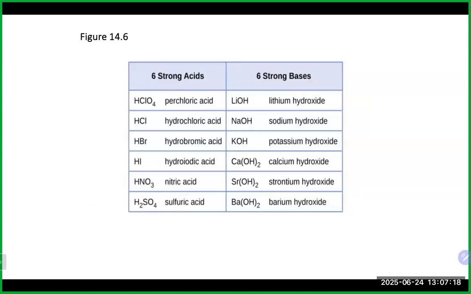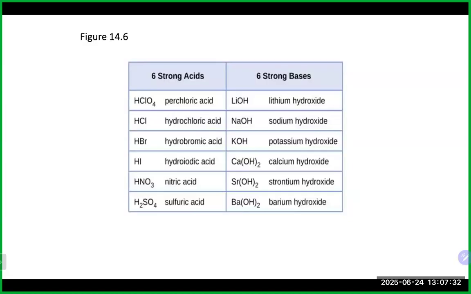Again, just another table here. There's our 6 strong acids and really our 6 strong bases from our group 1 and group 2. Again, stopping right there at potassium, then coming down on the group 2. All right, any questions on any of that? It's probably good